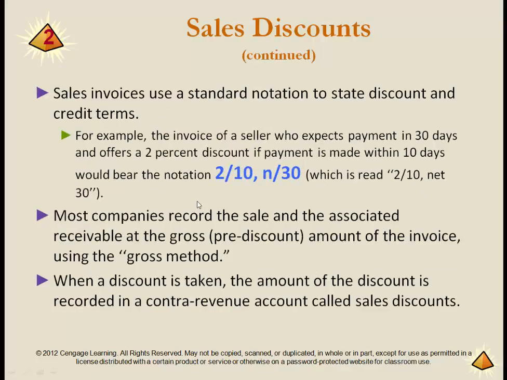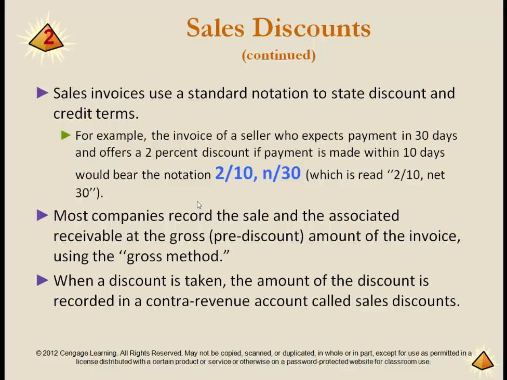So here's one of the terms you might see on an invoice. And this is a typical set of terms. You can have terms that'll say 2/10 N/30. As you can see, it says 2/10 net 30 is how you would read that. But really what it says is if you pay within 10 days, you can take a 2%